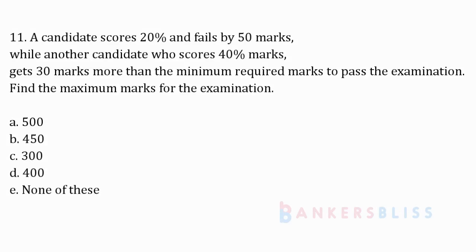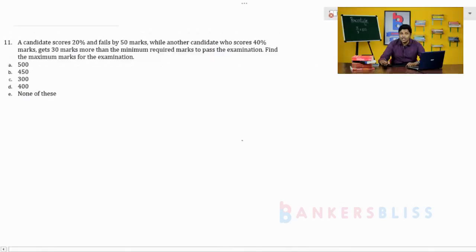Problem number 11. See here, a candidate scored 20 marks and failed by 50 marks, while another candidate scored 40% marks and gets 30 marks more than the minimum required marks to pass the examination. Find the maximum marks for the examination. So a typical problem, a bit different from the previous two. Okay, so if you get 20%, you fail by 50 marks. If you get 40%, then you get 30 marks extra. So see here,